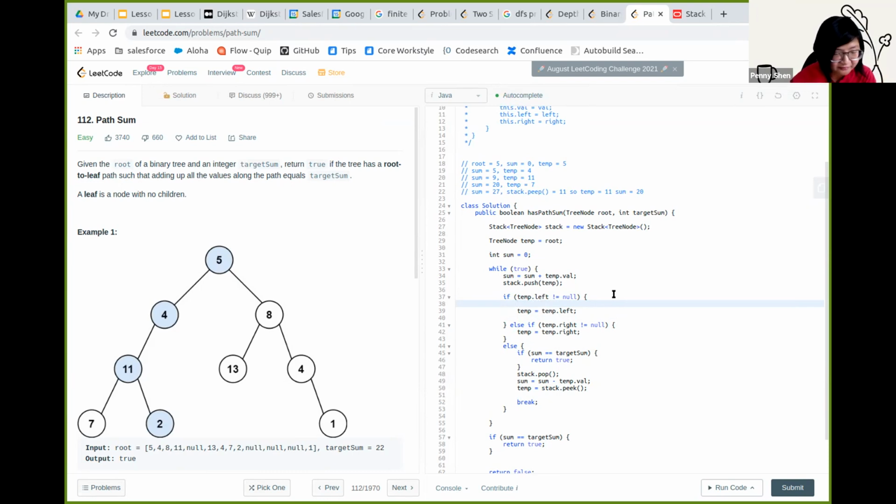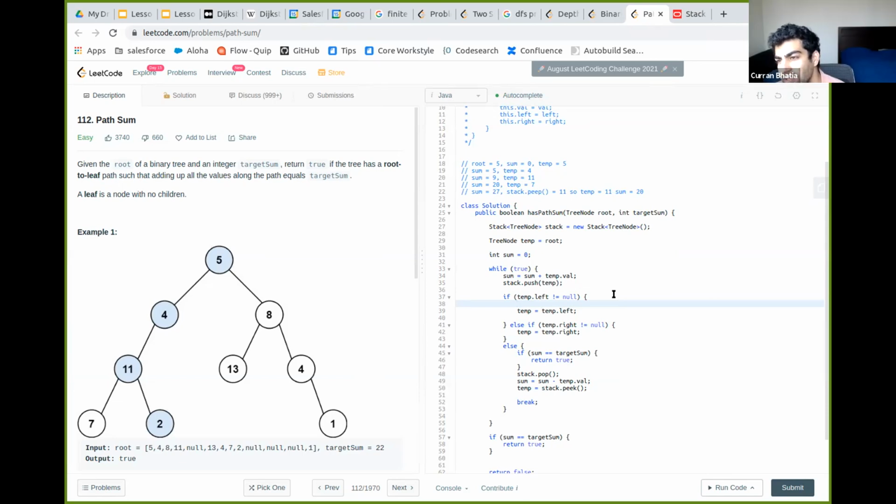Let's say when we're at 5, we put 4 and 8, or 8 and 4 if we want to go to the left first. Then we pop 4, and as we pop, we'll already have 8 in there to go back to. So always add both left and right into a stack, if that makes sense.